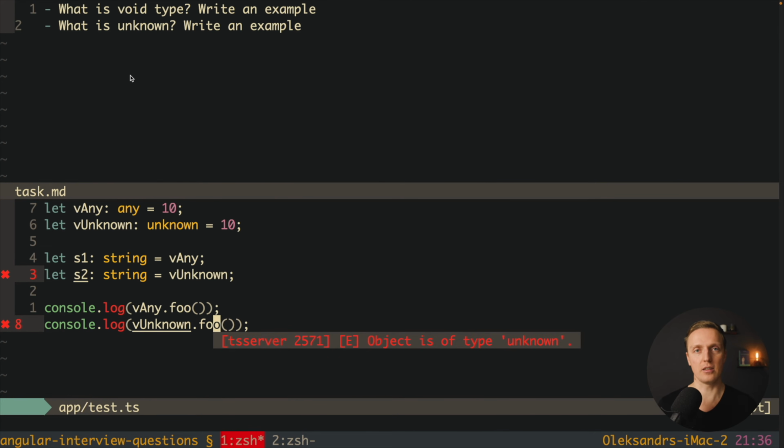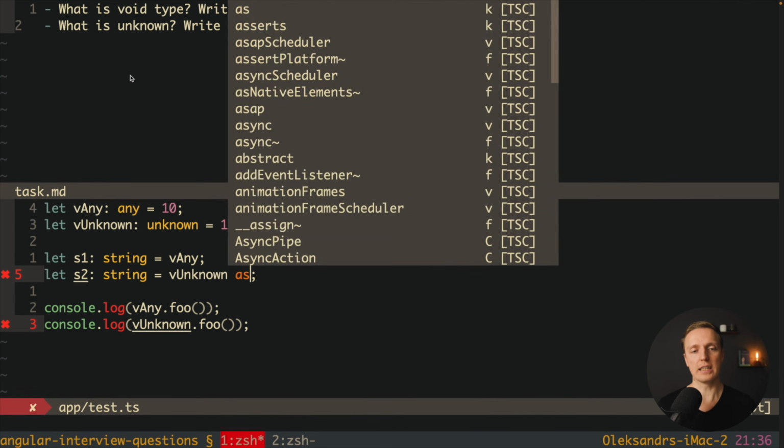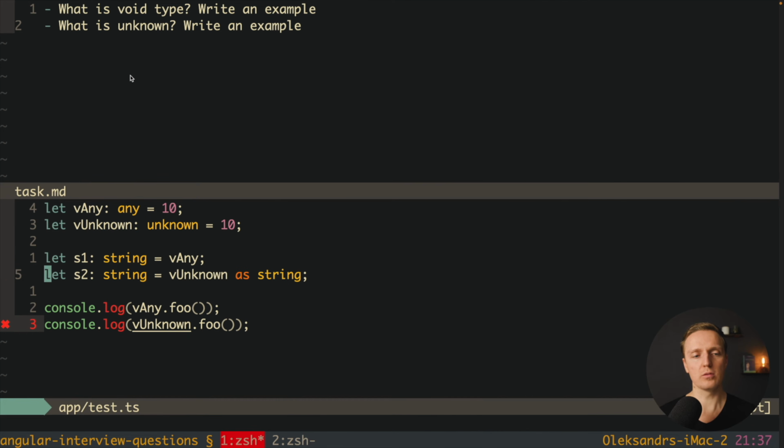At this point you might ask, okay, but how do we fix this error with unknown? For this we must use type assertion from the previous lecture. We must use the as notation to define to what data type we want to convert our unknown. In this case, for example, we can say the unknown as string. So we won't get any error because we're assigning a property of type string to the string, and TypeScript doesn't say anything.